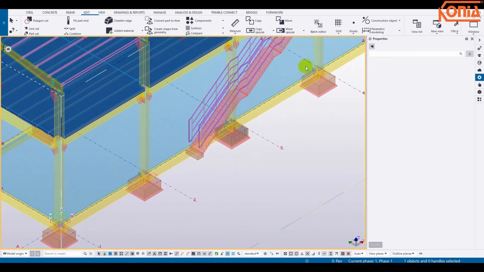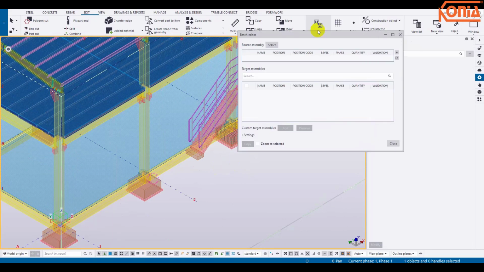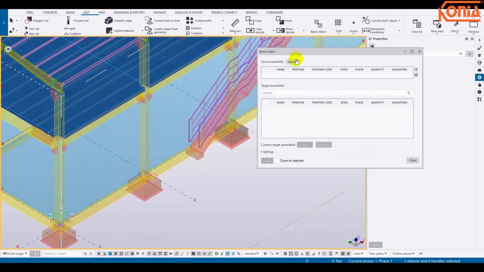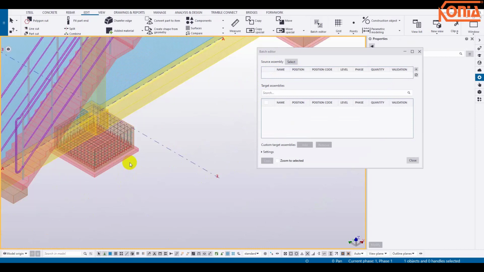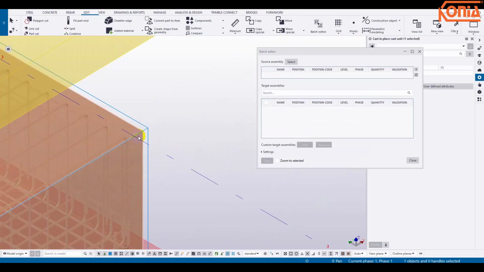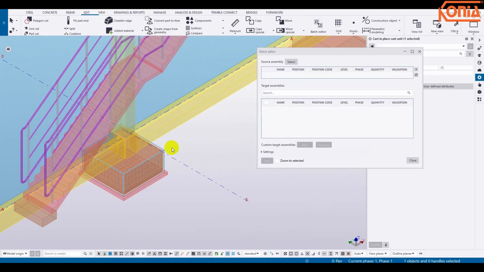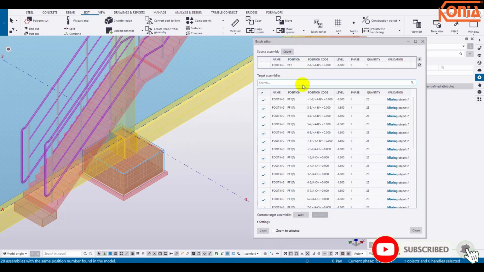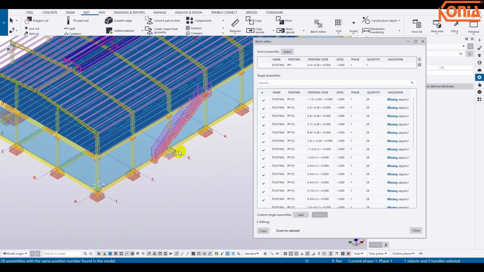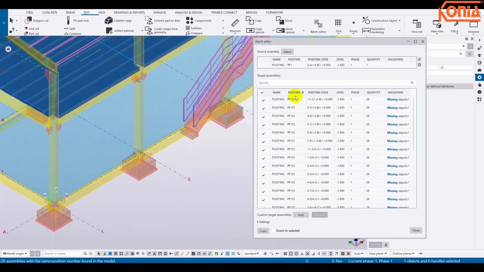First I click Batch Editor. In the Batch Editor, I can see the source assembly and target assembly. First I select one source assembly and click to select. The Batch Editor will automatically find the target assembly with the same position as the source assembly. It is PF1,